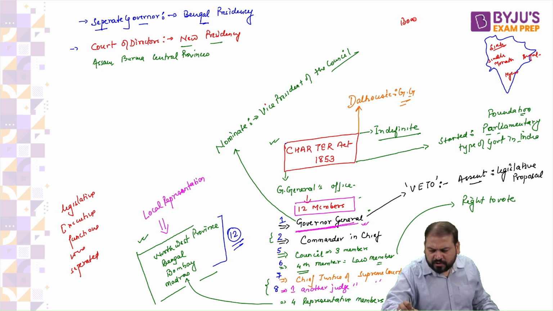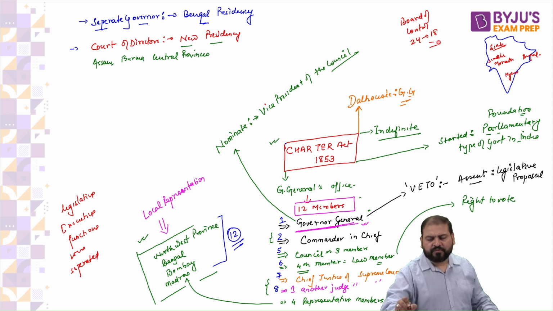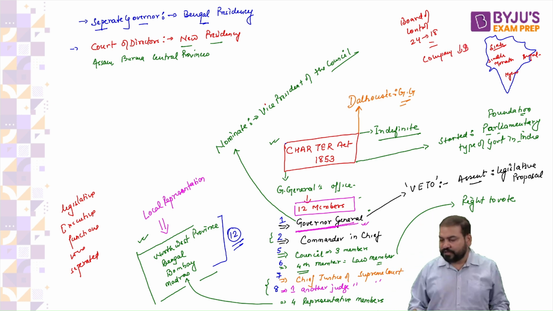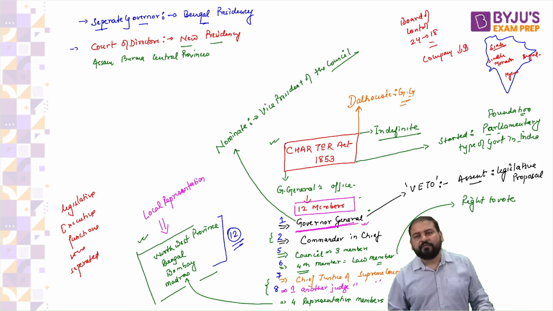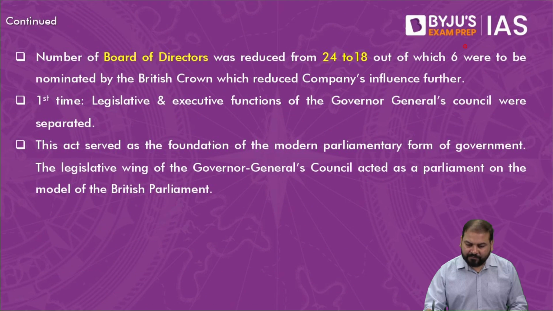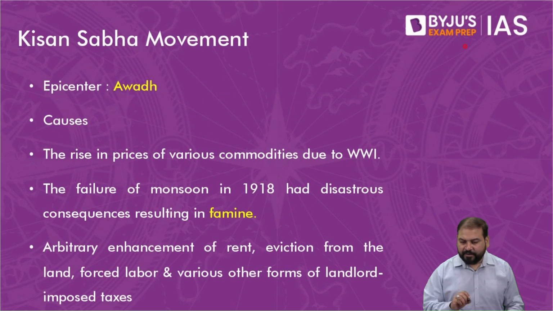Board of control, the members earlier were 24, now it was reduced to 18, and further company's power got reduced at this point of time. We are done with this extra, except one point. And remember, everyone,